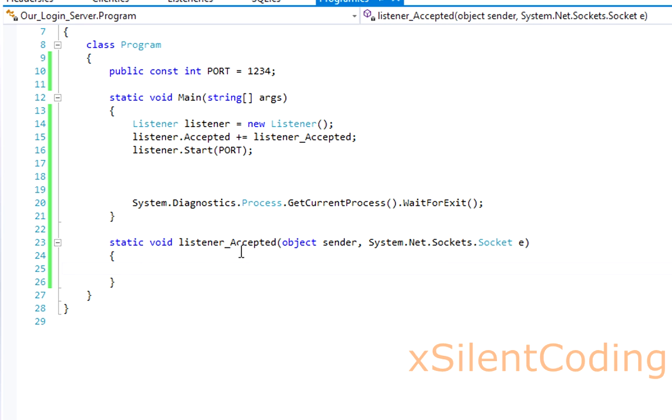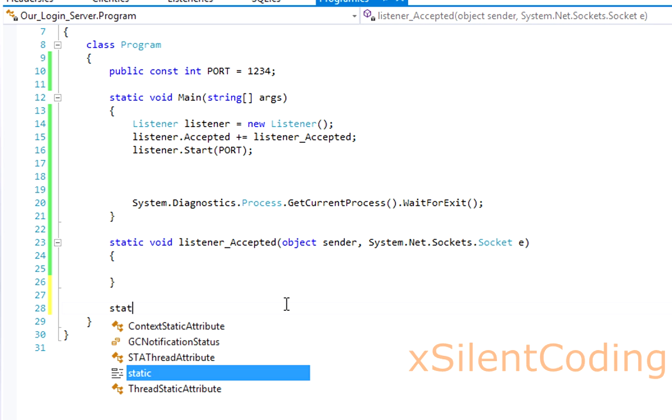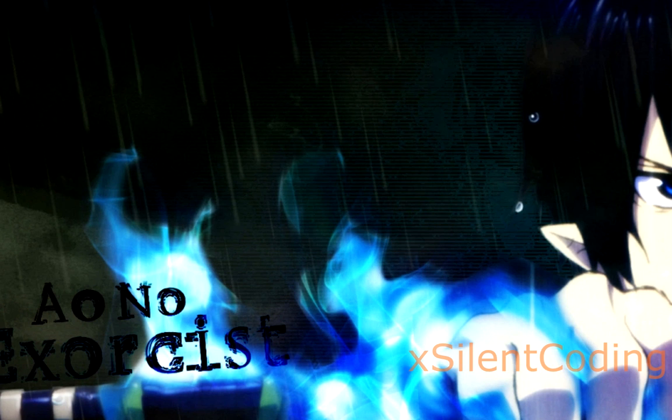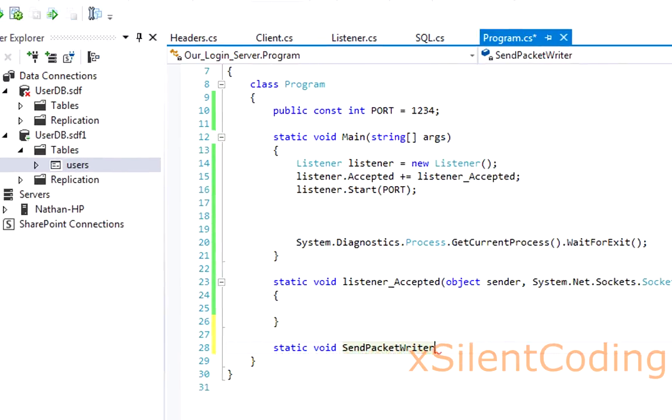And before we do anything in Accepted, let's add a couple of methods. Static void SendPacket, writer. And I also forgot, go to wherever you saved your project and add the